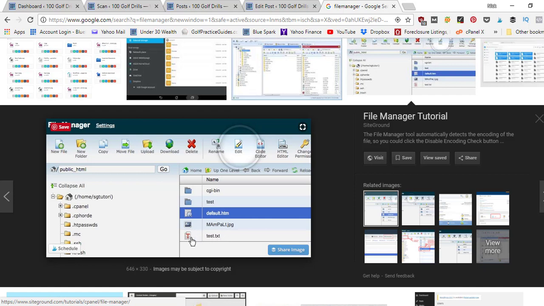Now there happened to be one in my account that said malware.txt. And how that file gets there is your hosting company, they scan all the accounts, all the servers, and they look for malware on different websites that are using their hosting. In my case, it did a scan about a month ago. I think it scans once a month, and they found some malware a month ago, so it reports it in this little file here. You can open up this file, you'll download it to your computer and open it up,